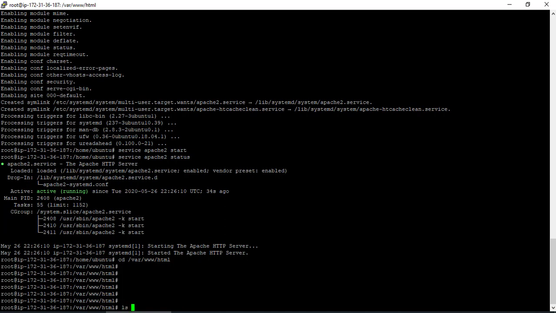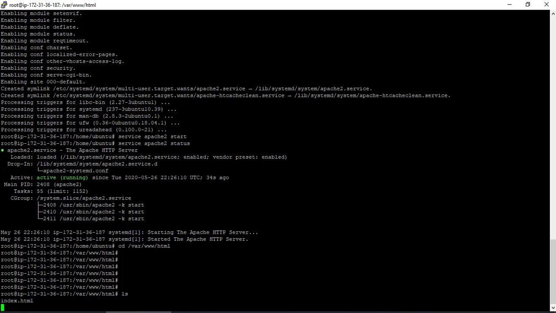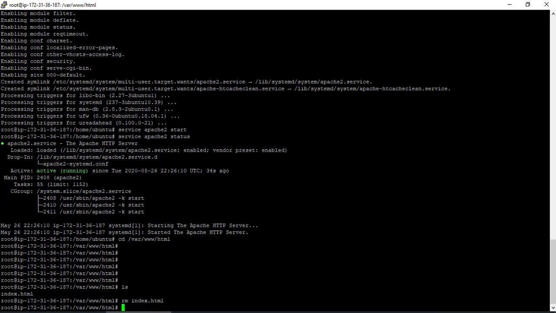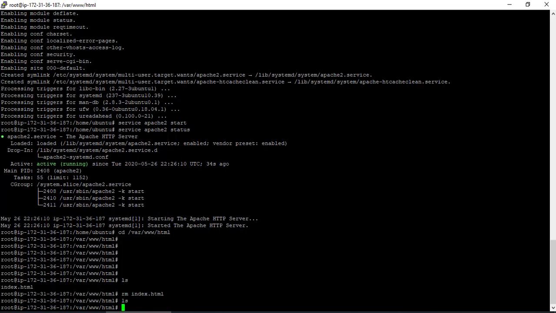When I want to list any file in Linux, we use ls -la, or you can give ls also here. You can see there is one file called index.html. I don't want to use the same index.html file, so I'll remove that file using a command called rm and then space the file name. The file name is index.html. Now the file is removed. Now when I do ls, it doesn't show up any file, right?